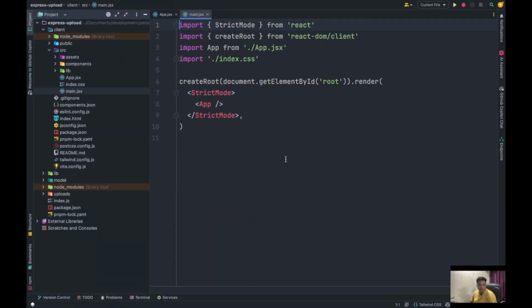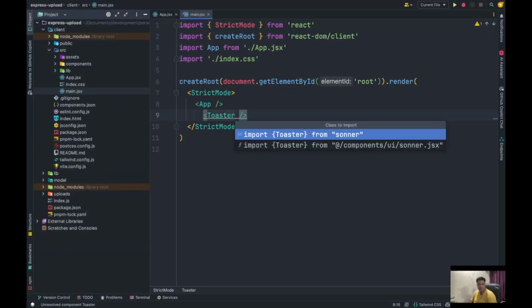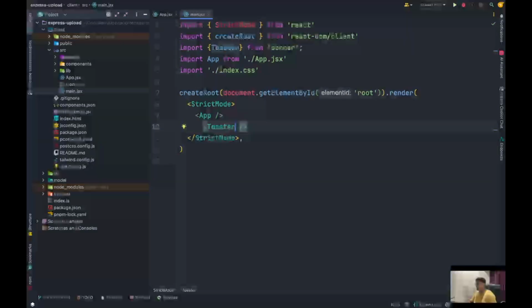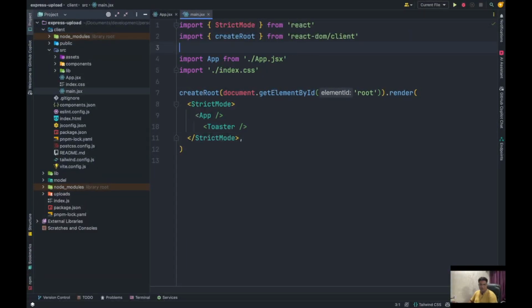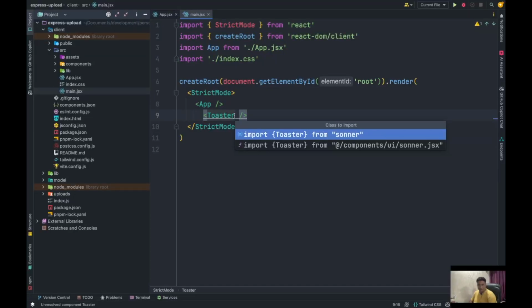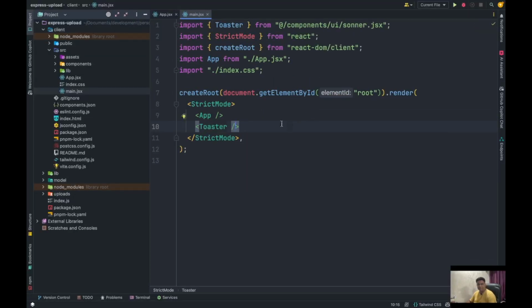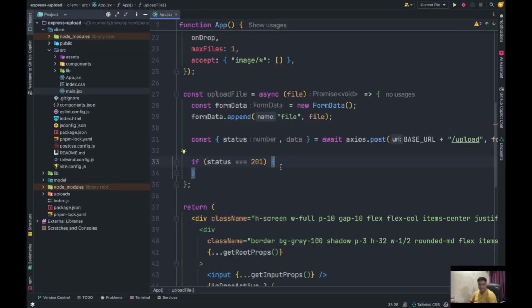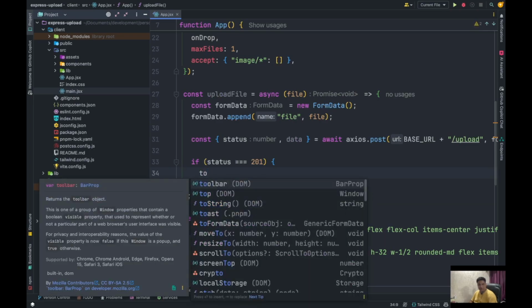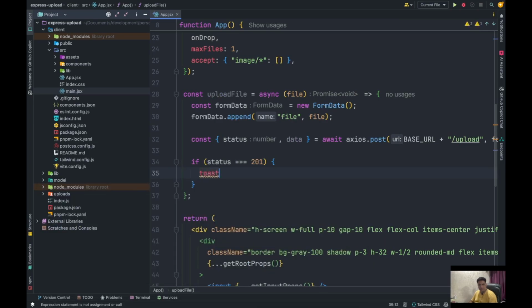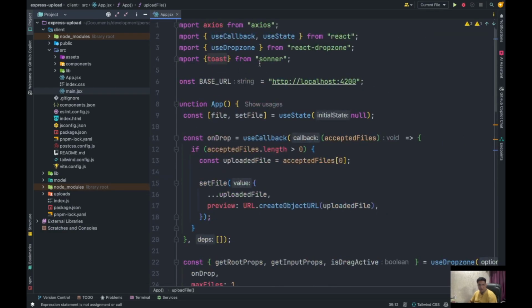My main JSX. Not from there. Actually, I have to take it from here. Perfect. So if it is successful, now I can actually use the hook from Sonner,